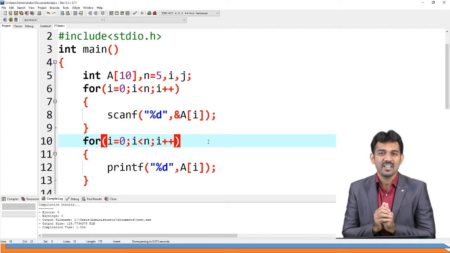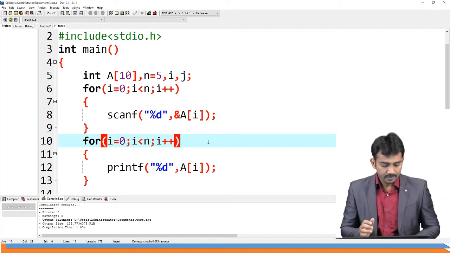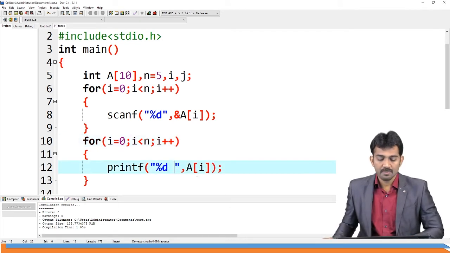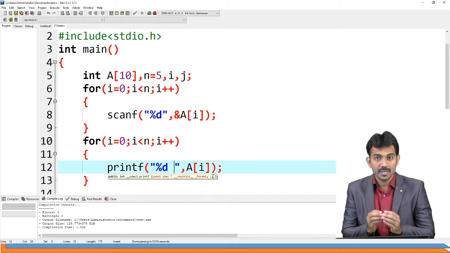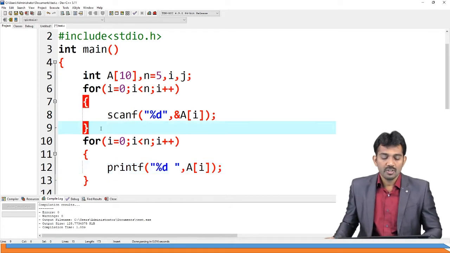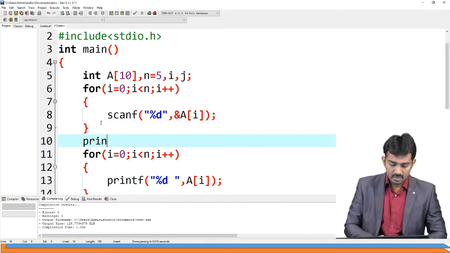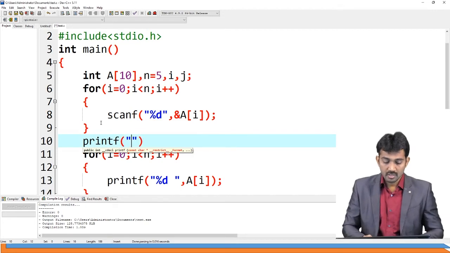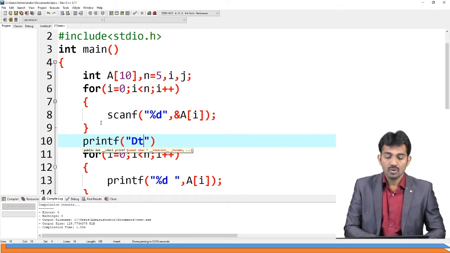Now the program is over. This is the traversal in the forward direction. You should use a small space here, so it is going to print each data with a space, so before that, printf with the data format and a space.